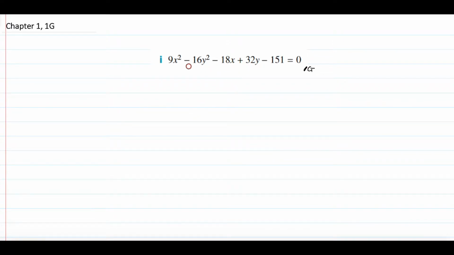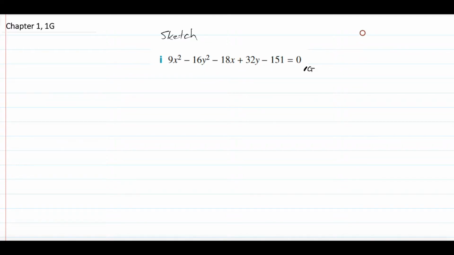So question 1G. I took question I out because it seemed pretty difficult compared to the others, of course. But by the end of this video, hopefully this should be okay. So you have 9x squared minus 16y squared minus 18x plus 32y minus 151 equals 0. I forgot to add that in this question you had to sketch the graph, so we need to sketch whatever this graph is. And the first thing that comes to mind is, whoa, it's not in any of the general